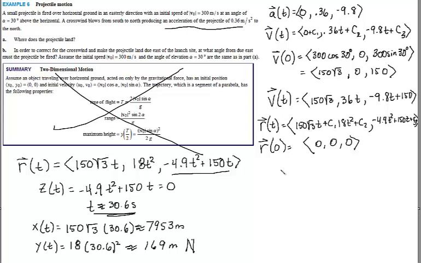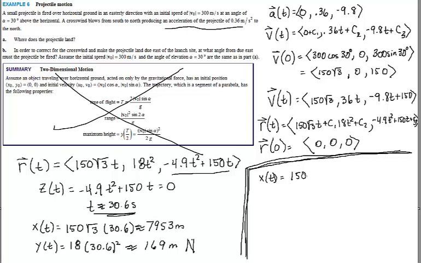For this last part, we're going to be looking at the x and y components, because the z component isn't really affected. We just want it to land on the x-axis and not due north, so we want that y of t component to be equal to 0. So if I look at x of t, our time is still going to be the same. If I look at that x of t, it's going to break down into cosine of whatever theta we're wanting, and then y of t is going to be equal to the same thing but with sine of theta. So let me get that written down. With our t still equal to that 30.6 seconds,